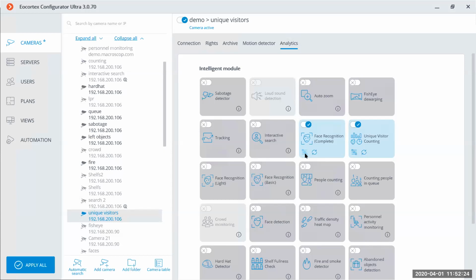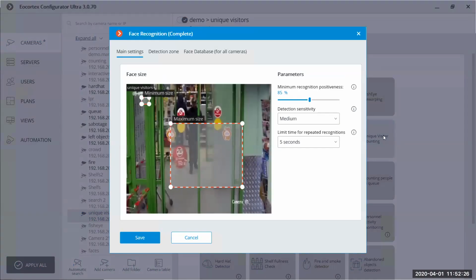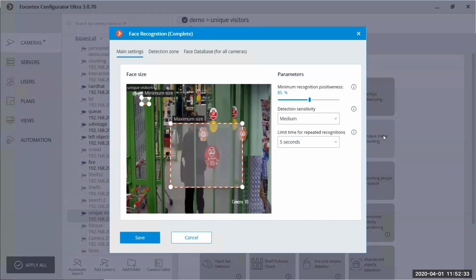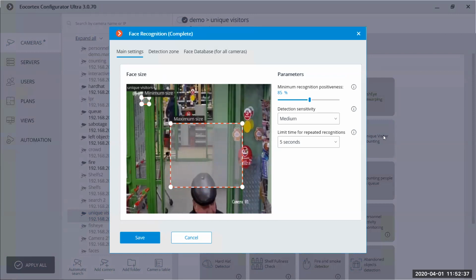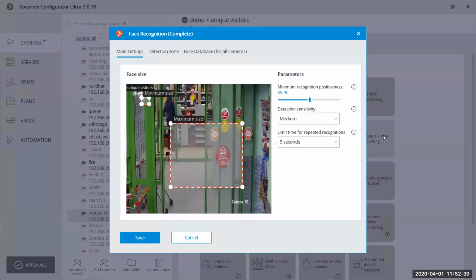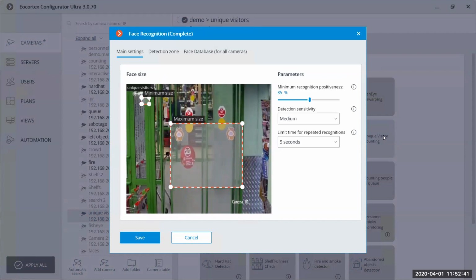We need a well illuminated, contrast image of the face with high resolution. The recommendation about the size of the face is the distance between the eyes, which has to be more than 60 pixels.